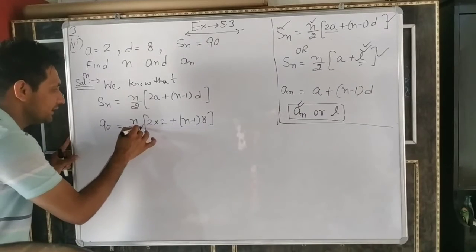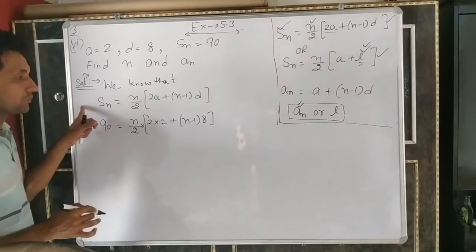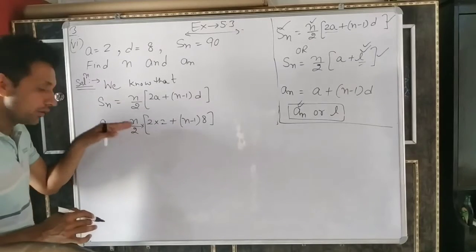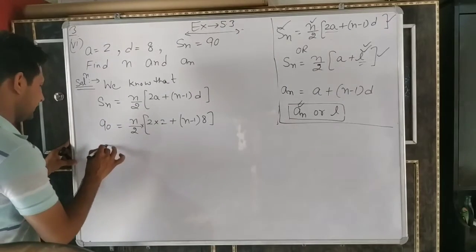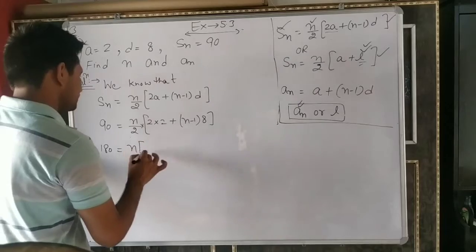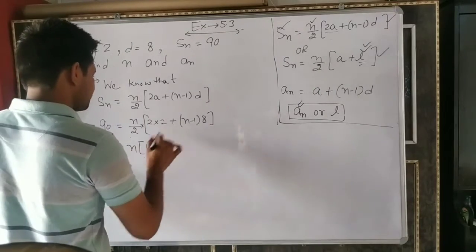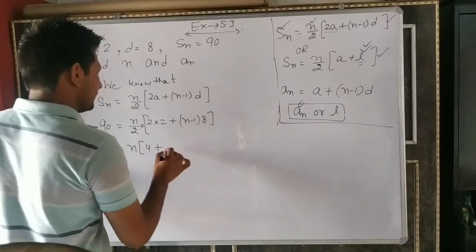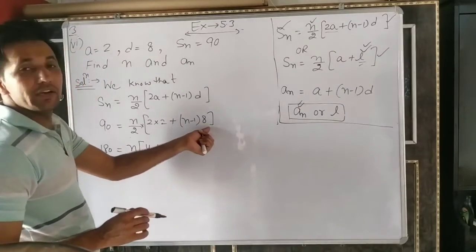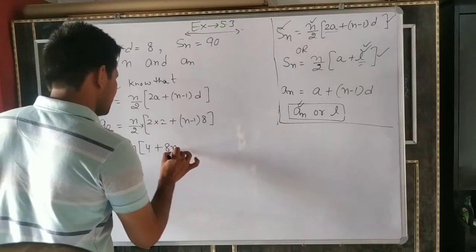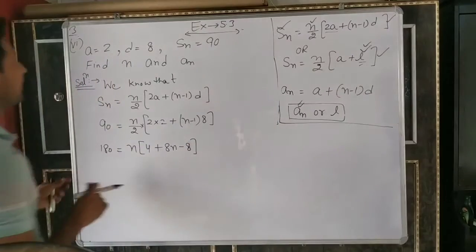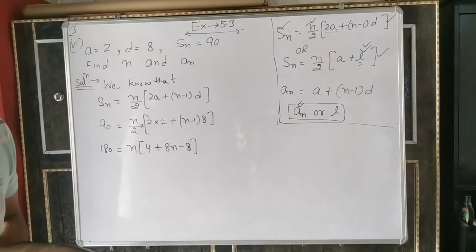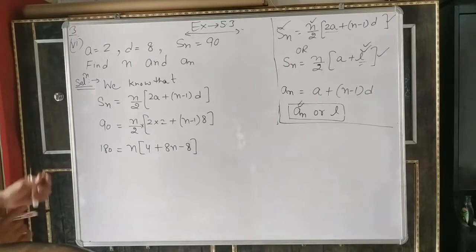The n by 2 is multiplied on this side, so what happens to the 2 on the other side? The denominator on the other side becomes the numerator. So 90 into 2, 180 equals n into a bracket: 2 into 2, 4, plus (n minus 1) into 8. 8 into n is 8n minus 8. Understand it? We have to solve it in this way: a is given, d is given, Sn is given. So it becomes